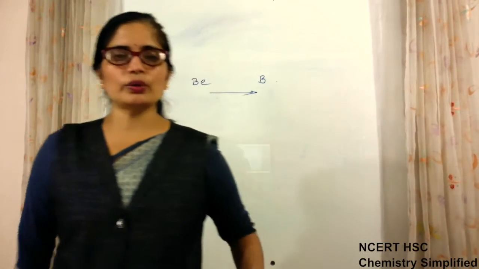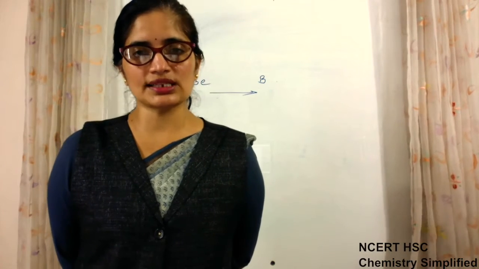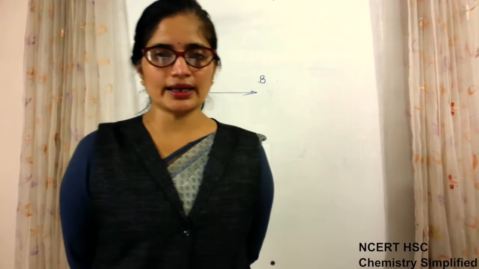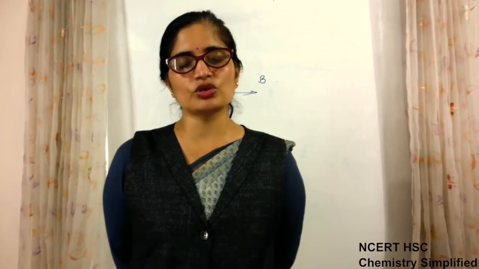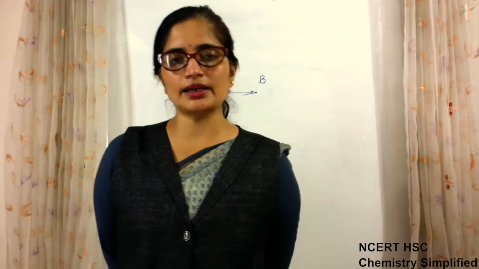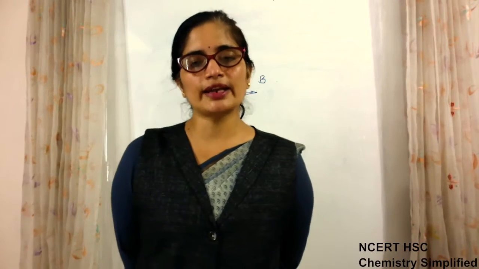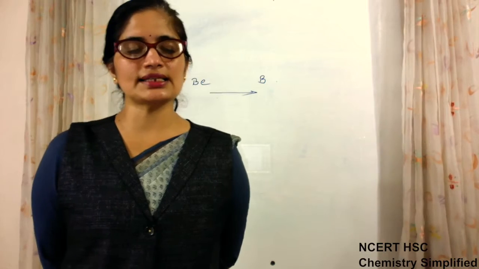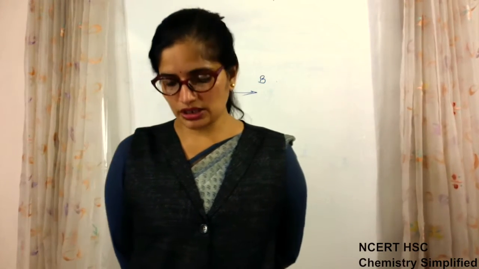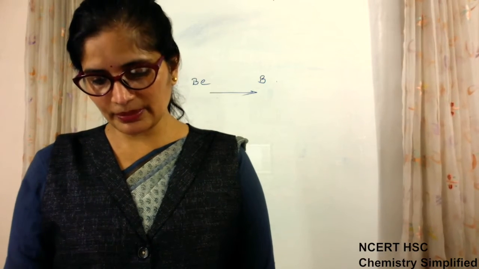Why? I told you the reason for this also, that fluorine has a small size. So if we try to add an electron, it is true that it wants to complete its octet by the addition of one electron, but still because of its small size, if we try to add an electron, it faces inter-electronic repulsion, and because of that the value of electron gain enthalpy becomes less negative. Okay, so these are the various questions. I told you that the questions will be reasoning based.